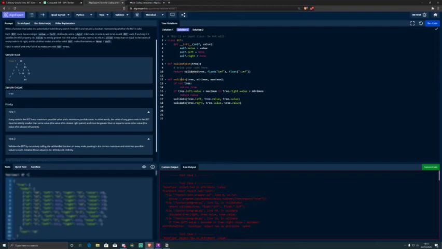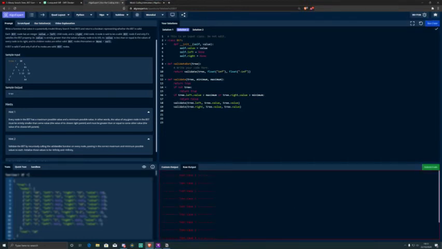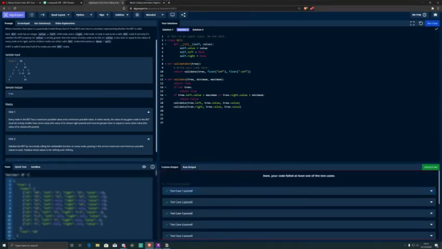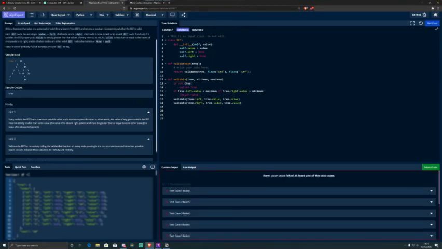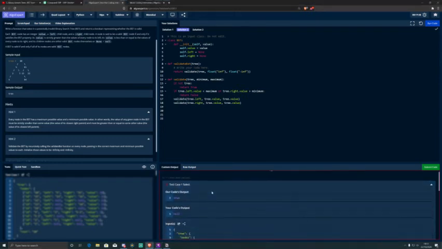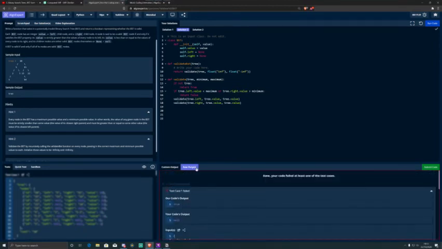I've got no idea why this isn't returning. If I just see if this runs. Oh. Emojis. Why does it